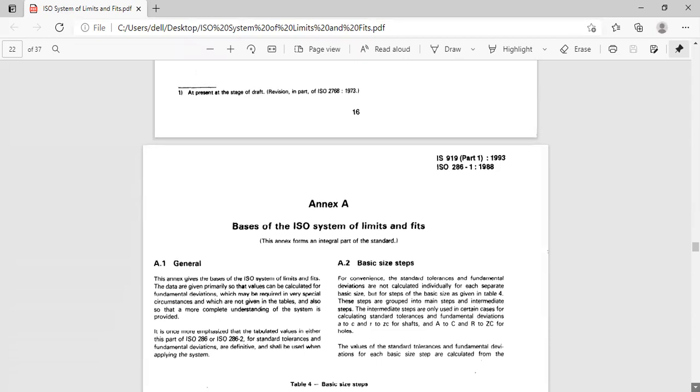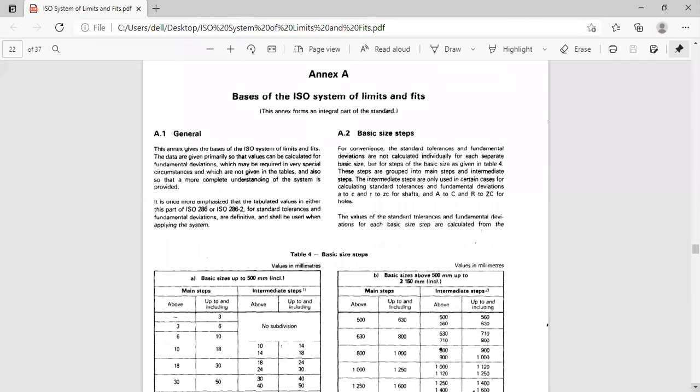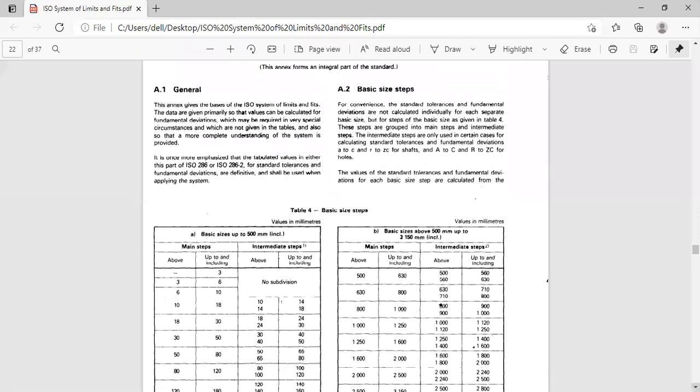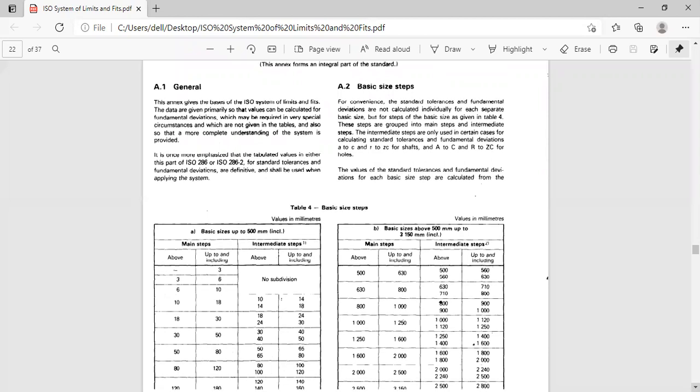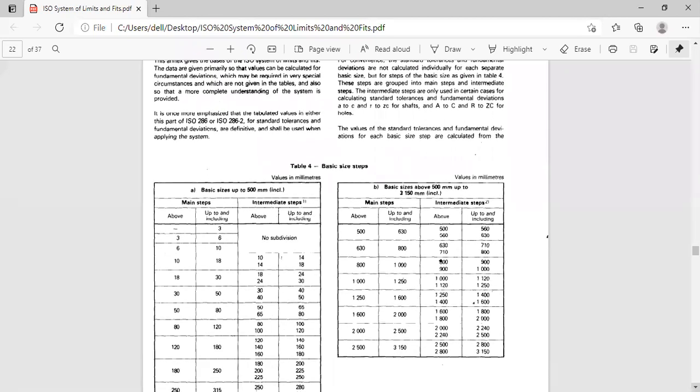faculty, basically this particular theory is very important for the industry people, the practical people, where, how to take the basic, suppose table 4 is there. I remember the table 5 because I'll concentrate more on table 5 after table 4. So here basic sizes he has given up to 500 mm. Here he has given basic sizes from 500 mm to, you just try to see and then try to see.